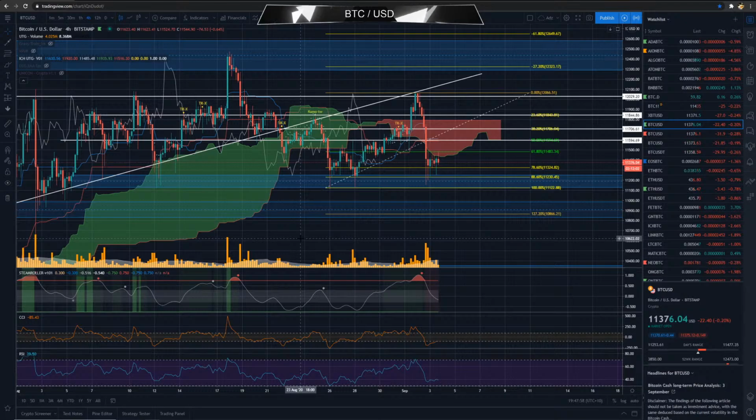If we were to creep back up, I really see 11.5 as the struggle to get past, maybe 11.6 perhaps. But to me, that seems like a pretty decent level to potentially be looking at more short. So even if we did retrace into the cloud there and that level that Ads has got highlighted, let's say, for example, we get to 11.594, that seems like a pretty good level for a rejection.